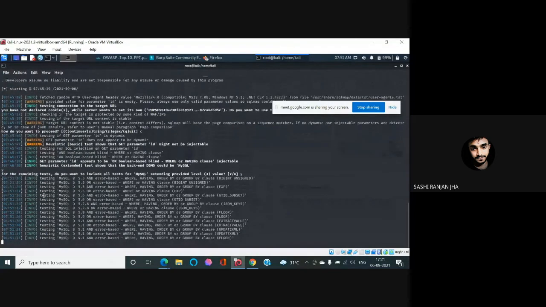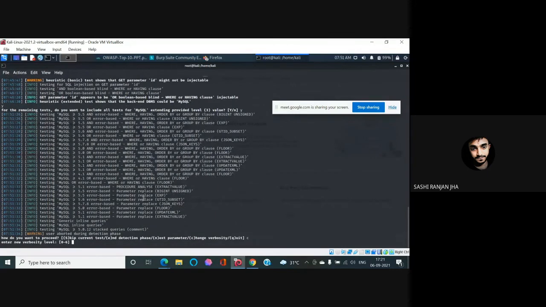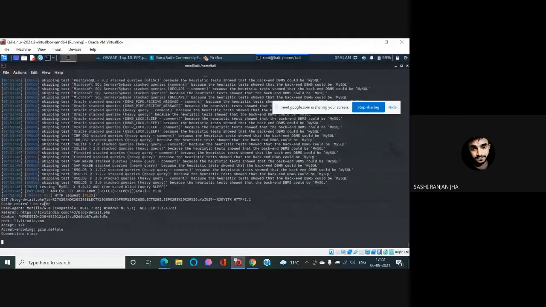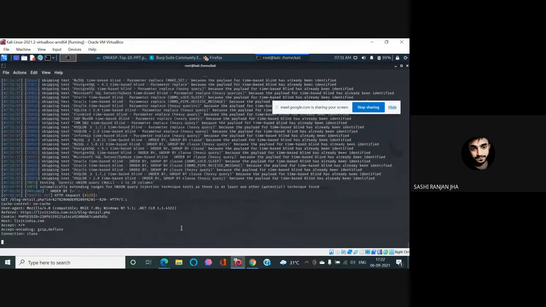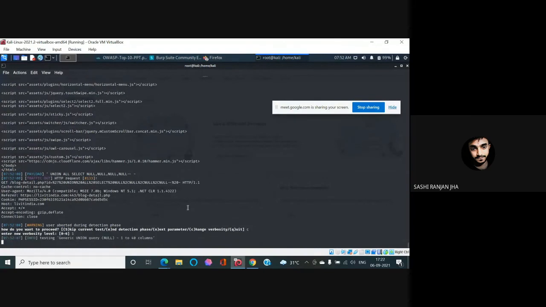If we want to see what is going on, we can change the verbosity. So let me change verbosity to 6, and we can see the complete requests that are going over there. So id is equal to, and select, and all these parameters are being sent. All these things have been done automatically in the backend. So let me change the verbosity again to 1. Okay, so changed to 1, and it is now okay.